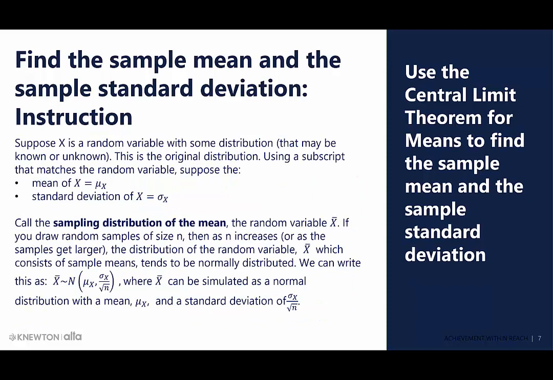All right, and so here in this slide, they're just telling us that the mean of the sampling distribution uses that notation mu x bar. I wish they would put a bar over that x. Let me see if I can do it for them. Put a bar over that x. And the standard deviation is sigma x bar. And then they're telling you that, once again, mu x bar is equal to the mean, and sigma x bar is equal to the standard deviation divided by the square root of n. So just keep that in mind.